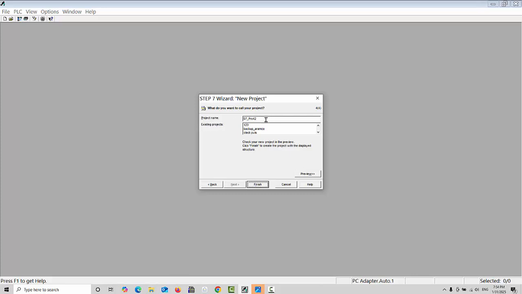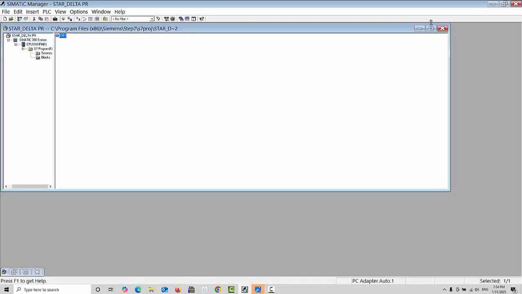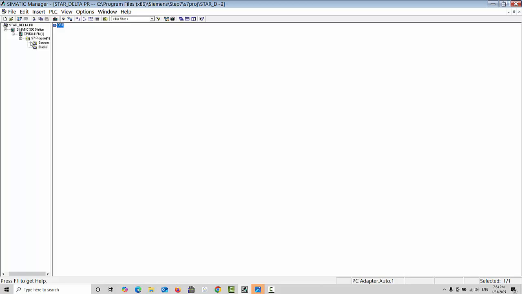Here it is asking for the project name. Whatever project you would like to create, that name you can define. For example, we will give the name star delta, star underscore delta pro. So one program is already created. That's okay, no issue. When your program is created, you can see here the star delta program is ready,